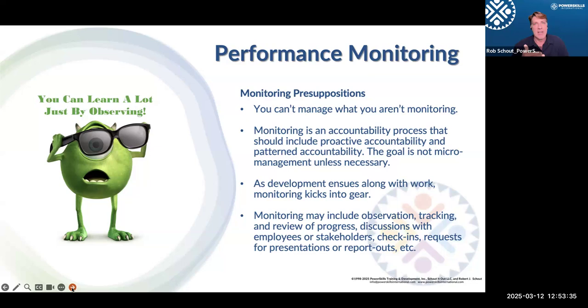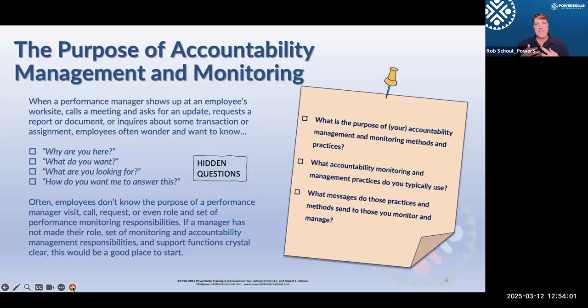Does someone need shadowing of another colleague so that they see how something should be done appropriately? Do they need coaching? Do they need mentoring? Do they need some training? Do they need some on-the-spot feedback? But that all comes with monitoring. So consider why you are monitoring and what you are monitoring and how you're monitoring. The first step to consider is the purpose in monitoring.